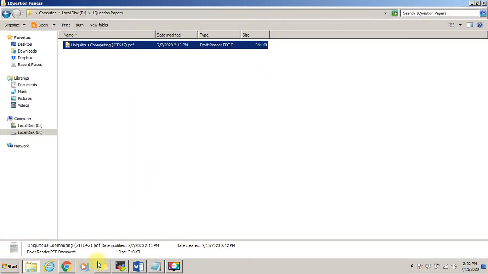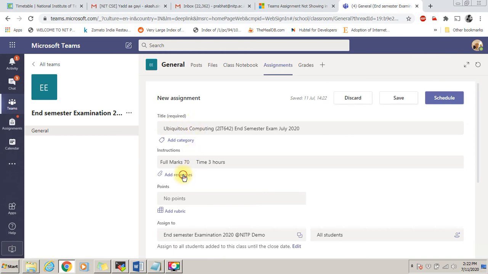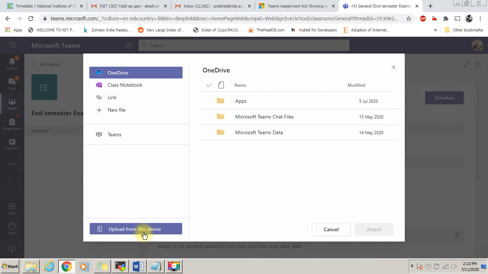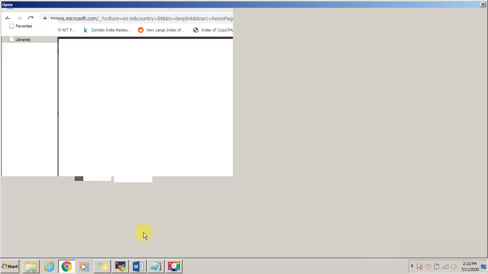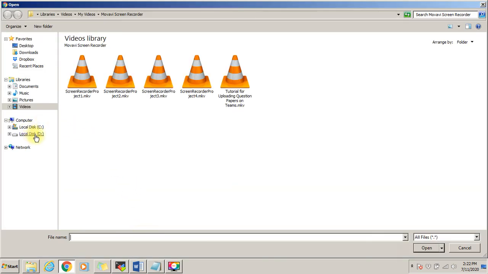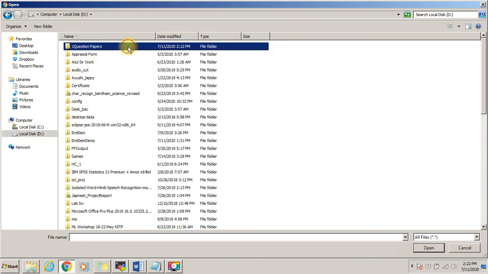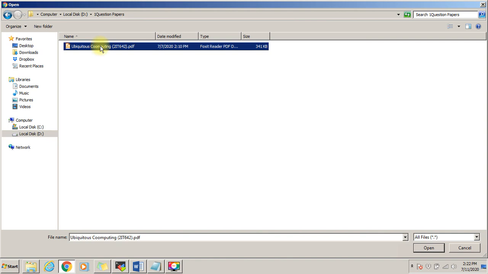So I'll go on add resources, click on upload from this device, and then select the question paper which I've saved on my desktop. So here it is. Selecting.